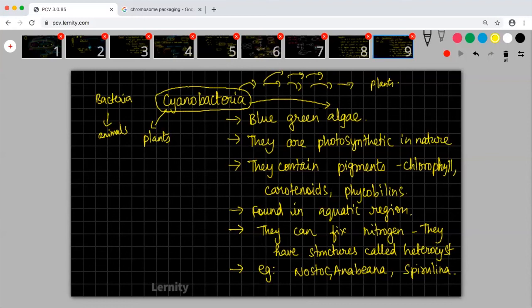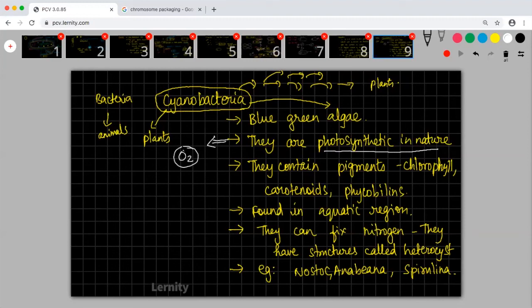When the earth was formed, cyanobacteria was there. Cyanobacteria did not become plants, but it evolved into structures which became plants further. You can call this the ancestor for all the plants. That is the relationship between cyanobacteria, algae, plants and all. They are all simple organisms which are photosynthetic in nature. They played a vital role in evolving oxygen. When the earth formed, oxygen was not there, but gradually oxygen came into the situation because of cyanobacteria.